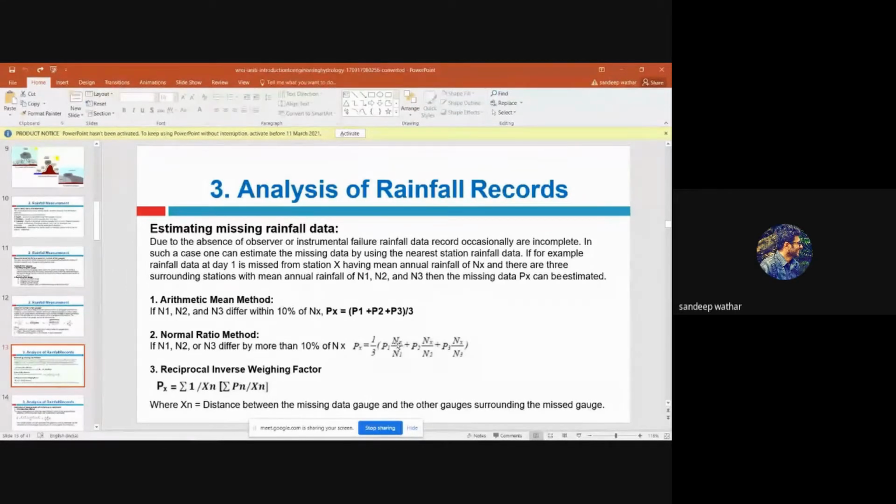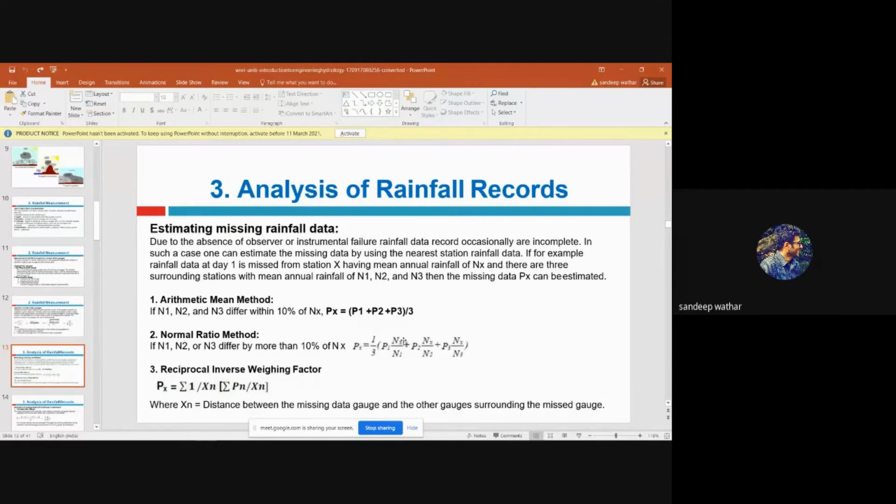Right. So similarly, if I want to find out how much is the precipitation of this month, I know how much rainfall is recorded in the nearby stations P1, P2, and P3, and I also know the average rainfall for 30 years in those basins, N1, N2, and N3. With that, I also have the normal rainfall for the station where I'm trying to determine the missing data.